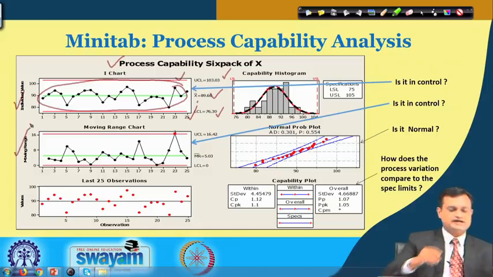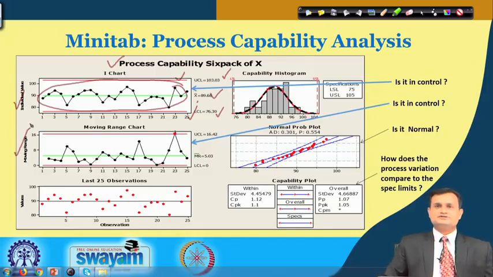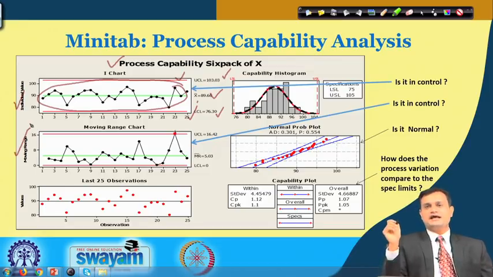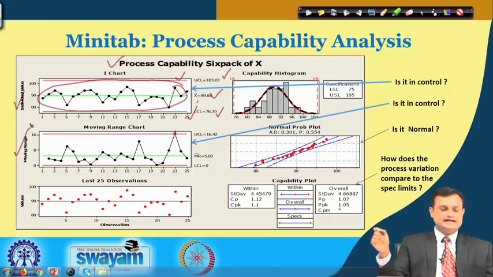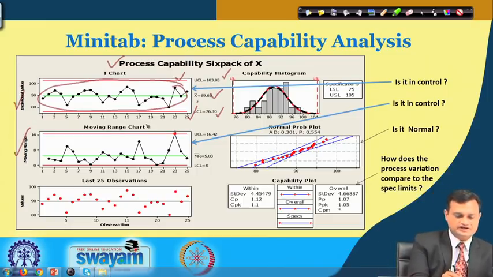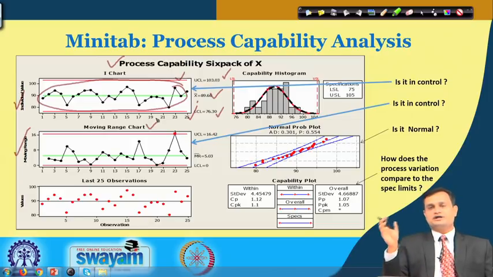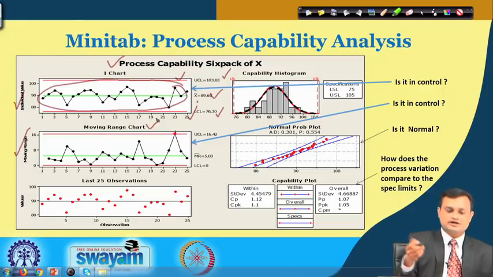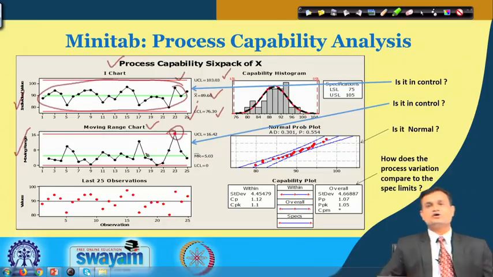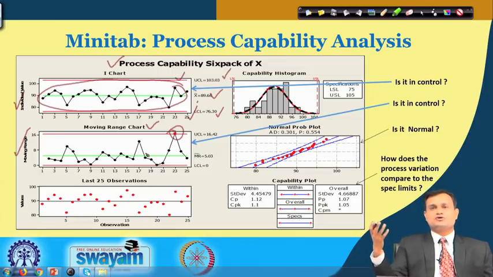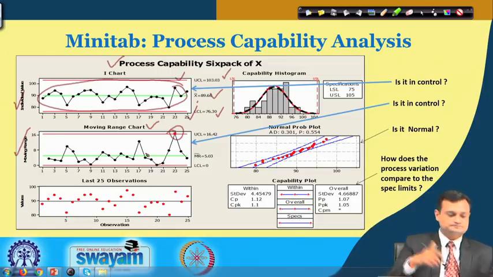Similarly, you also check the range, because many times individual observations alone cannot help me. We always talk about the center or location of the process and dispersion. Variability I can capture through this moving range chart, which helps me understand whether my range readings are within the control limit or some reading is going out. Here you can see one reading is going out, and if there is some assignable or special cause, you can at least remove this cause and bring your process into statistical control.